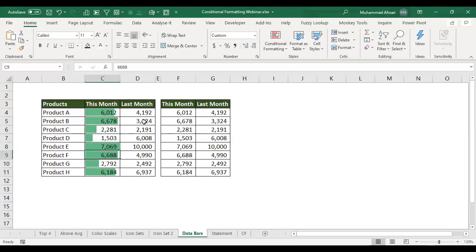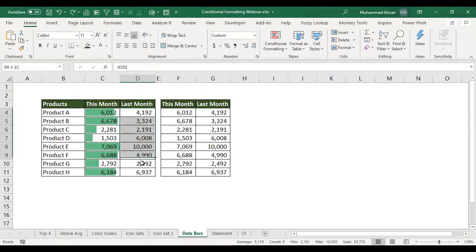Okay. So for example, if I change the number to 15,000, you can see that with respect to this highest number, all the other cells are adjusting themselves in terms of the allocation of the colors within the cell. Okay, so whatever the number is, this is dynamic. That will be definitely changed.